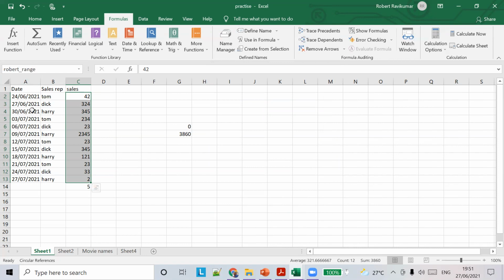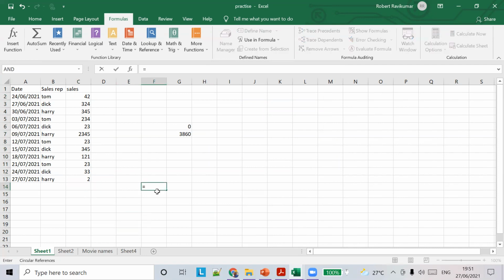So now if you want to find the total number of sales, the total of all these values, what is the formula? Sum of Robert range.